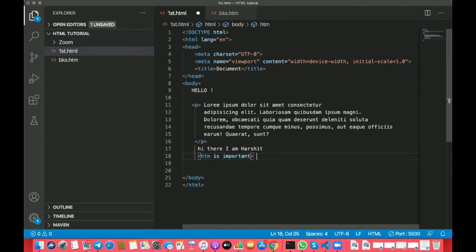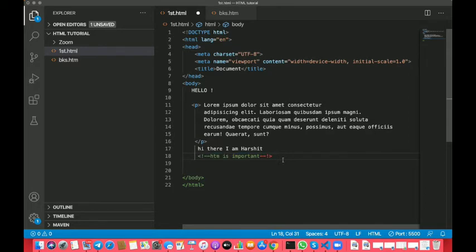But if you want to make notes in your HTML file, you can simply add comments like this, which I will be showing you. First you have to go to the start and add the tag sign, then an exclamation mark, and then two hyphens on this side.